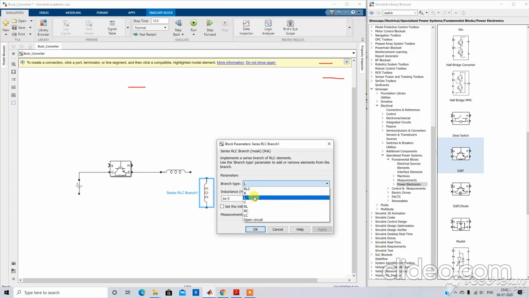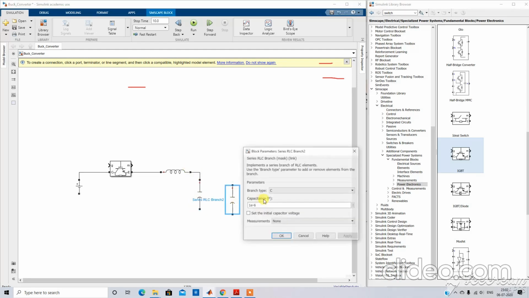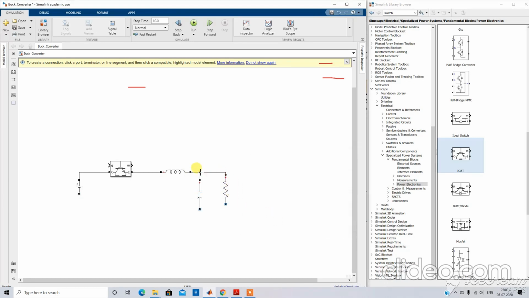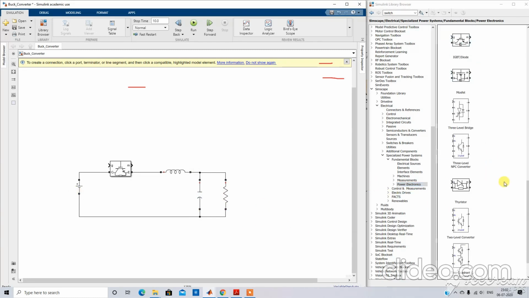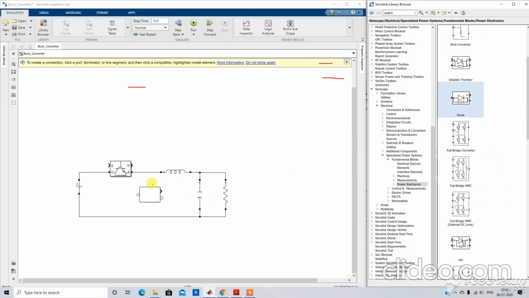Then this will be C. Again we have to make a copy for this capacitor, then right click on it and just drag it. Then we can make it R, and we will connect this resistor here. We require one more component, that is a diode, so here we can take one diode.